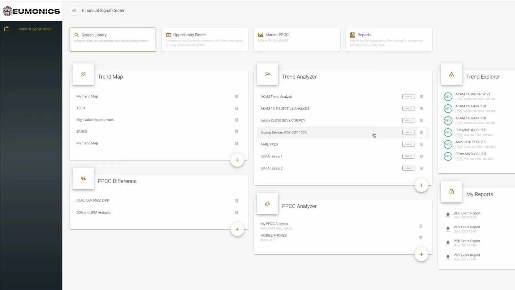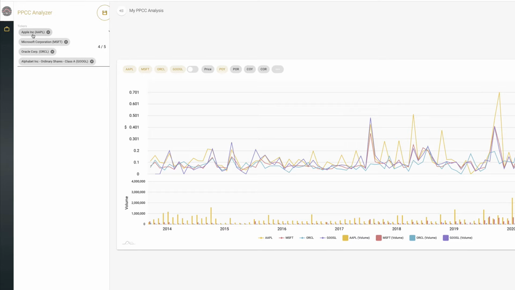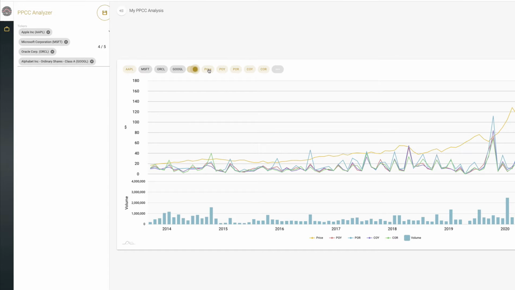Today we're going to talk about the Ppcc Analyzer located in the bottom center of your Mnemonics interface. This particular integrated application allows you to compare up to 5 different tickers from stock companies, and in doing so you can do a few things here. In this case I have 4 out of 5. You can compare all 4 simultaneously with one trend, or you can turn this off and pick one company and compare all the trends